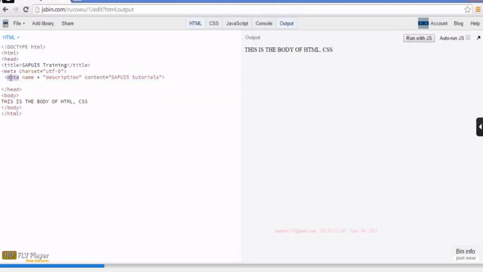So meta, we need not close it at the same time. So it works for us. Meta name is equal to keywords. This is the one which we will be using when we are developing a website, and when we want to have good SEO, the keywords are used. Content equal to